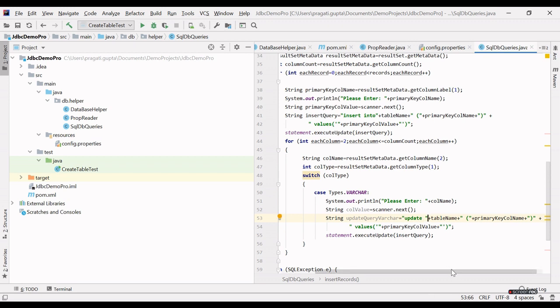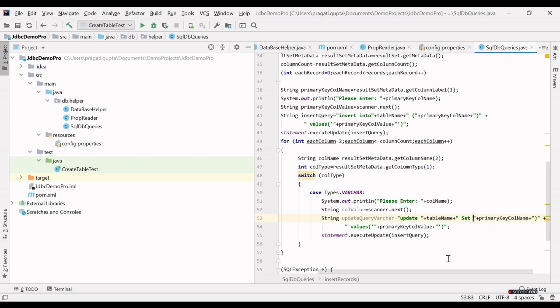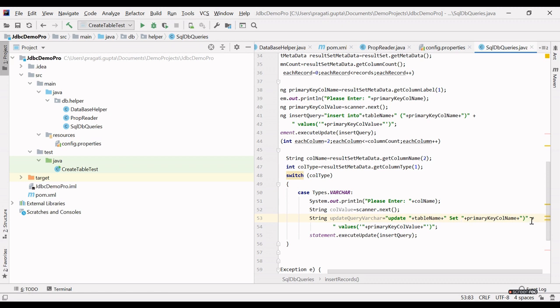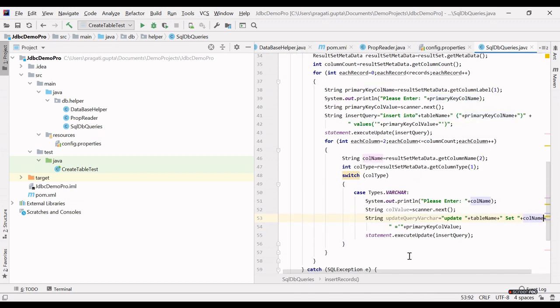Update table. Okay, so we are basically updating this table name and setting the value for this column name with the value given by the user.